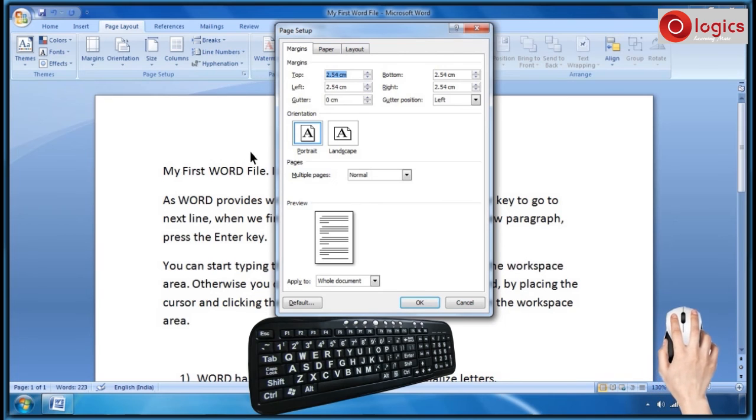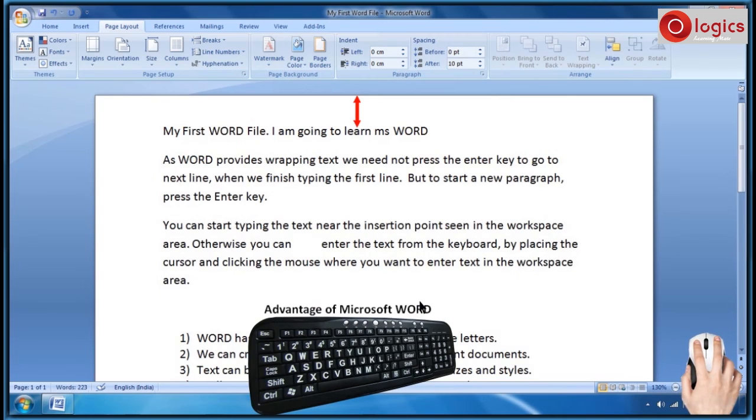Here you can change the margin. Here I am changing top margin as 1 centimeter and I am leaving other margins as they are. After changing the margins, click on OK button. See, this is your document with top margin 1 centimeter.